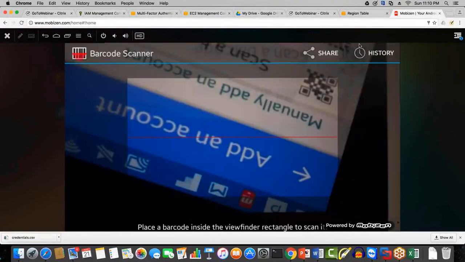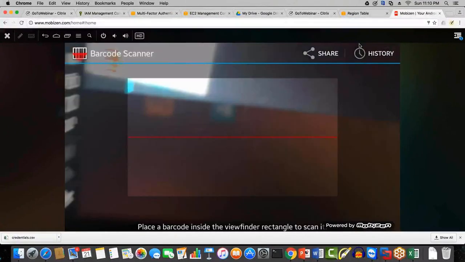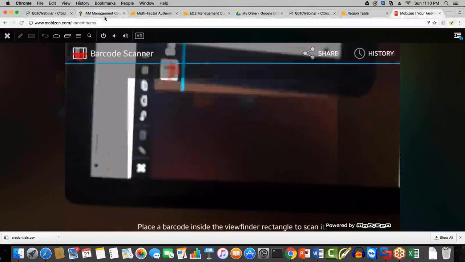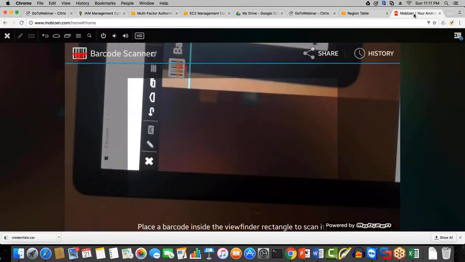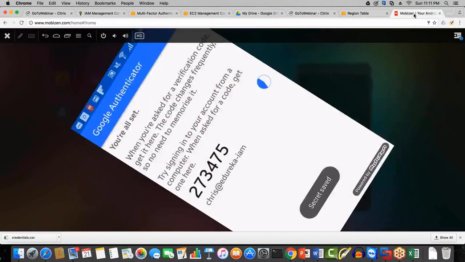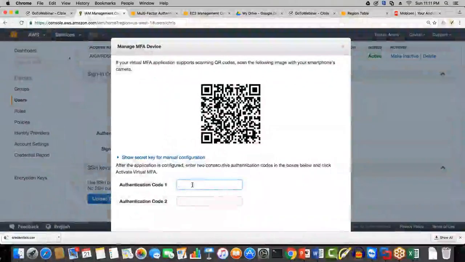Now, from Chris' phone, I will scan this barcode, and once this barcode gets scanned and detected, it will automatically pick up the Chris account and give me the PIN code. Now this PIN code will change after a gap of 30 seconds. So now we have a new PIN code, 602563. I go to the IAM and type the following code,